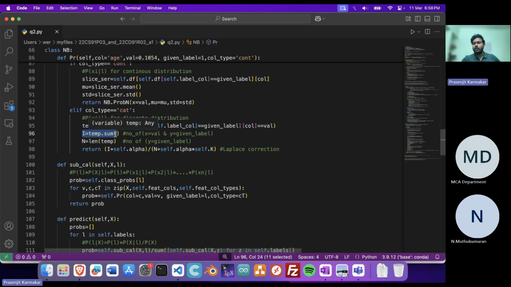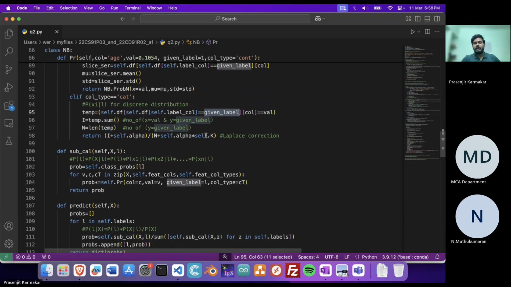So how many times does true occur given all possible feature values for that particular column. So i is how many times my value matches. You see here we are matching with the value and also matching with the given label. And then just take the total number of possible values if the class matches,